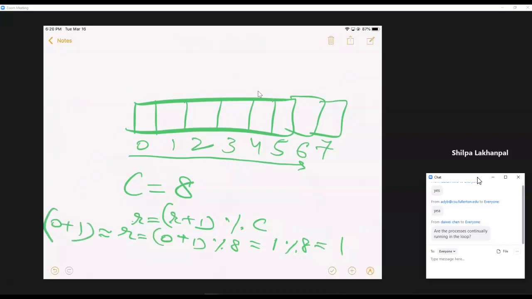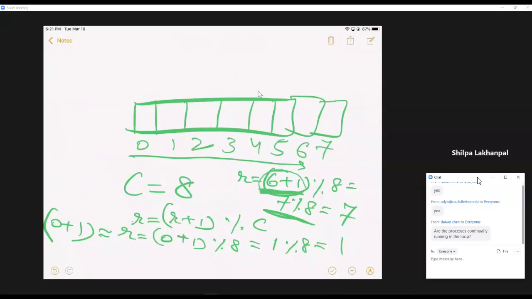In the same way, if you are at 6, you have 6 plus 1 mod 8, which is 7 mod 8, which is still 7. So which is the same thing as 6 plus 1. Because for every number that's less than the capacity, R plus 1 mod 8 and R plus 1 are going to be exactly the same.